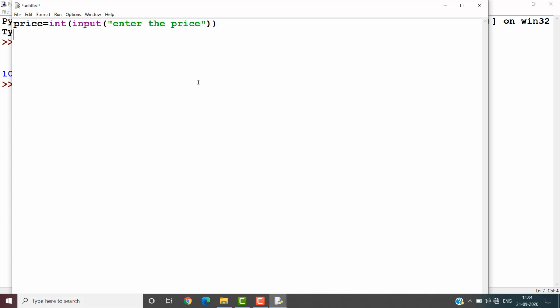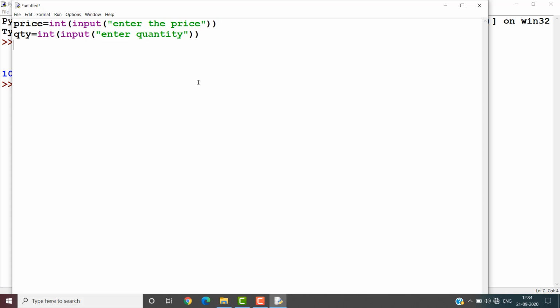Next, take the quantity, that is QTY, equal to int. It is also of integer type, input, enter quantity. Yes, we have taken two inputs here.